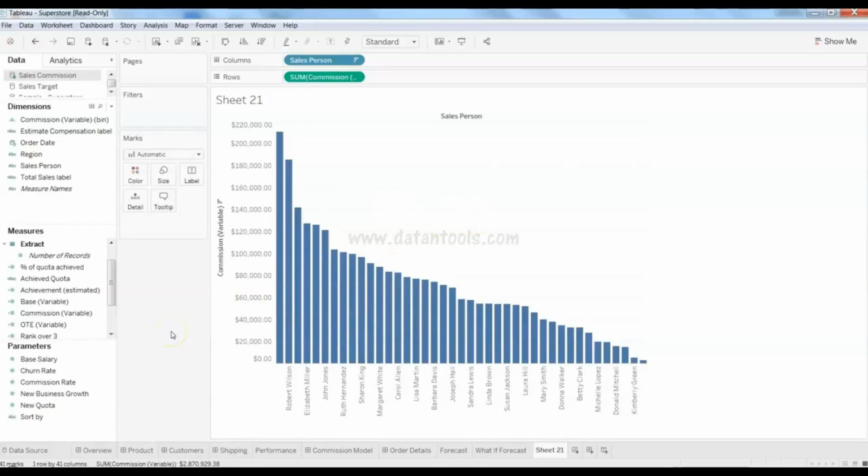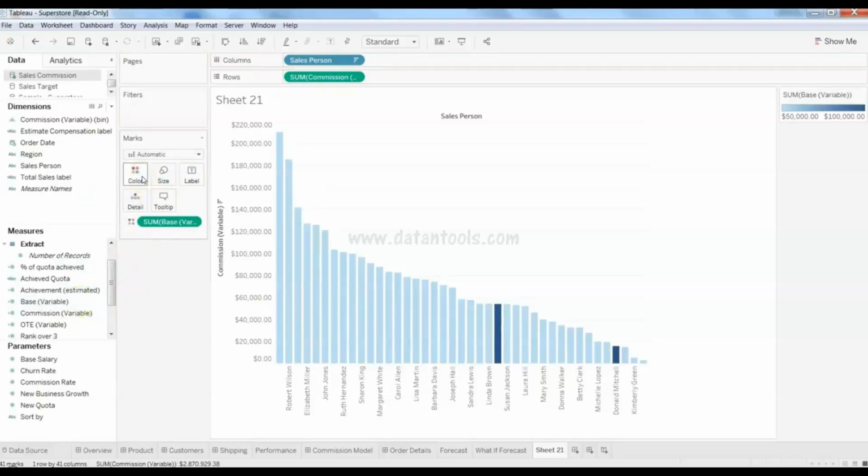Another thing is, to make it more effective, you sometimes need some visual component which gives you an idea of how a few of the people are standing out in all of this information. For example, I have a base variable, that means the base compensation of an employee, and whether it is high or low based on the commissions given to them. So if I just select this and put it over the color, it is very intuitive that these two guys, William and Donald, even though they have got a very low commission, have a very, very high base variable compensation, that means $100,000 as compared to all of the others who have $50,000 as their base variable